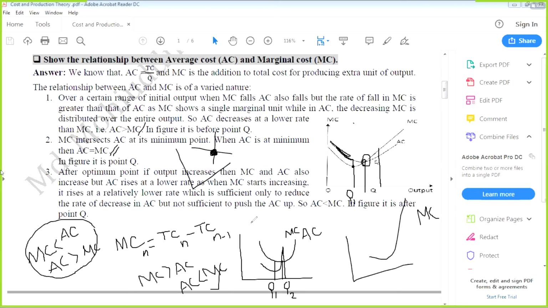Here MC falls faster than AC, no? Yes. So MC is less than AC on how? Look, here we are actually trying to